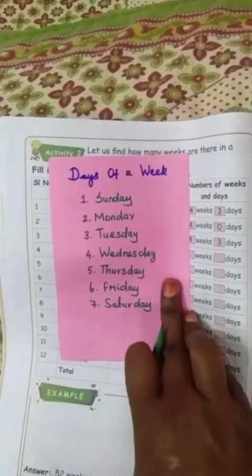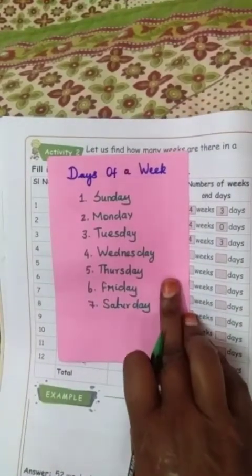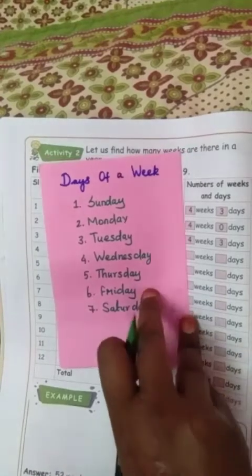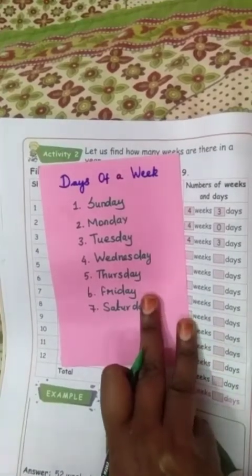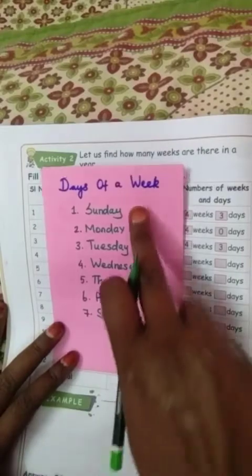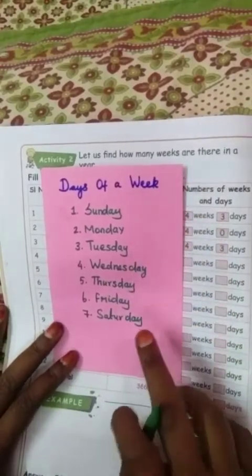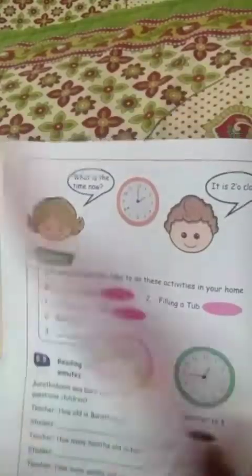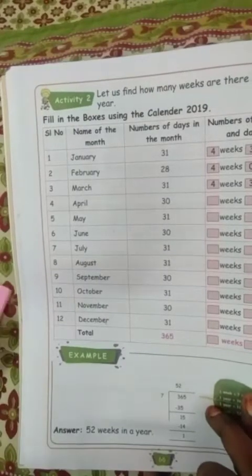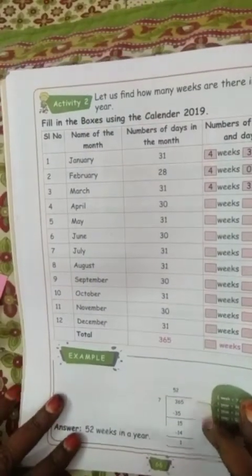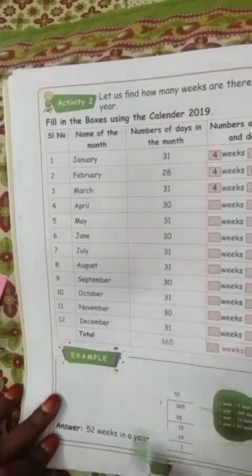Okay kids. In this class you are learning two things. Days of the week. What are the days of the week? Sunday, Monday, Tuesday, Wednesday, Thursday, Friday, Saturday. How many days are in a week? 7 days. Which day is the first day? Sunday. Last day is Saturday. And then months of a year. What are the months of the year? You have to know how to tell the months orderly and weekdays orderly.